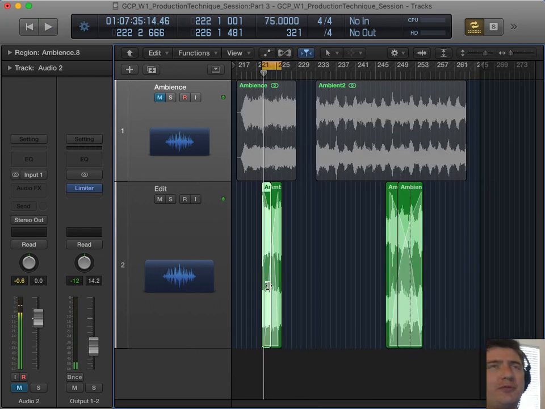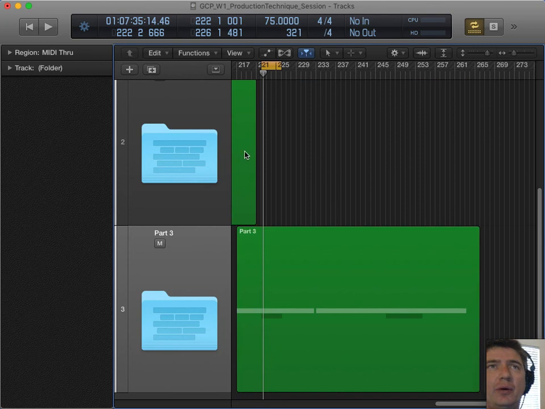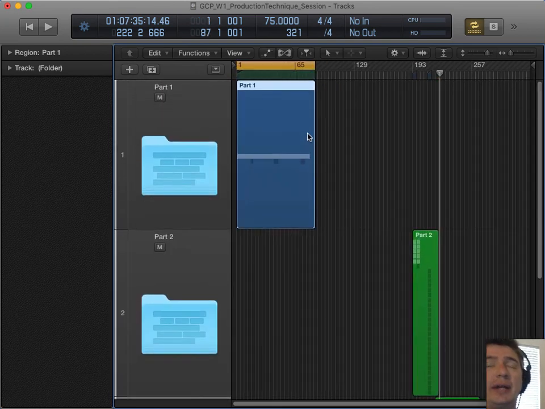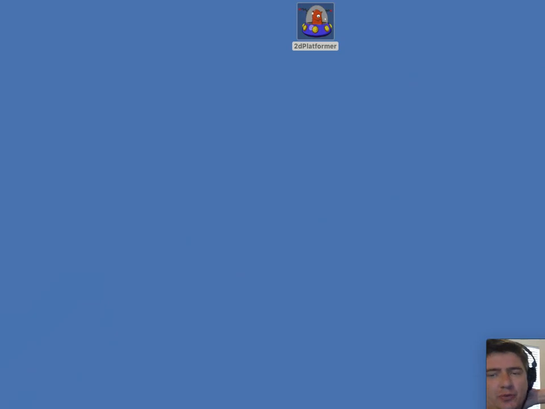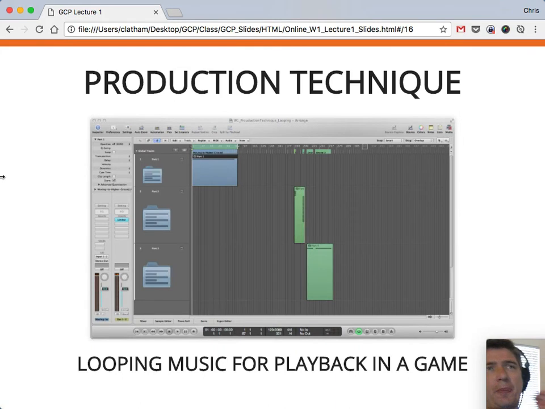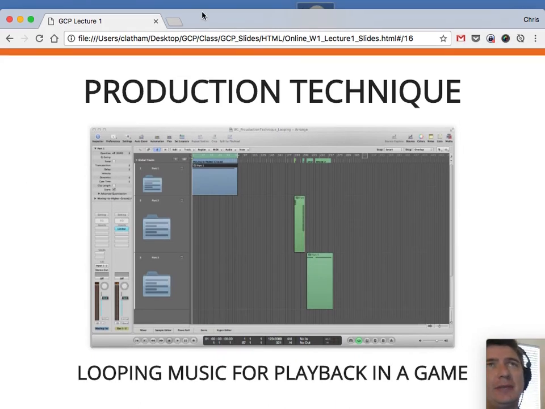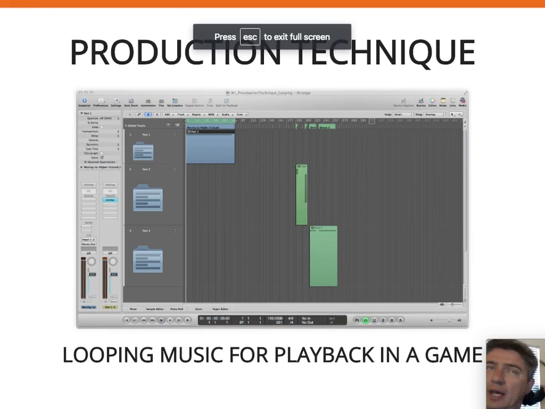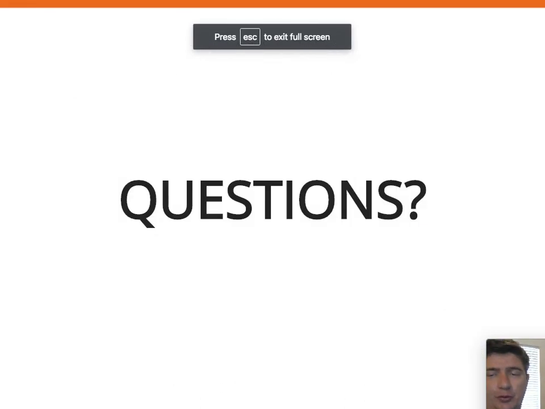Different approaches for looping files, whether it's chopping in half and flipping the two sides and crossfading the middle, or bouncing out MIDI by duplicating the length of the regions, or just editing, topping, and tailing a file. Should give you some good direction on this assignment as to how to approach editing loops. And the reason we do this in the beginning of the month is because you'll need it all the way through the month on all of your different compositions because they all require some form of loops.